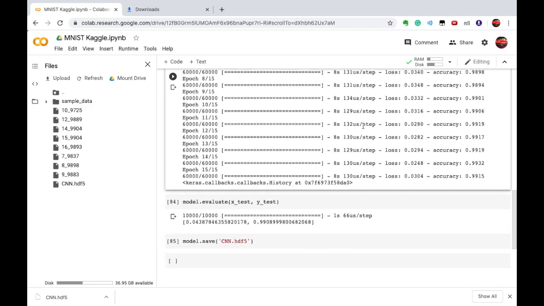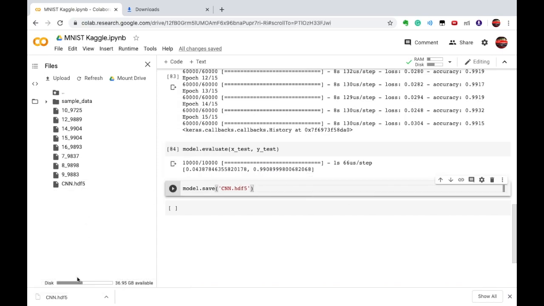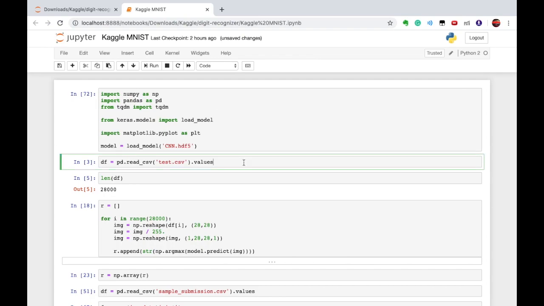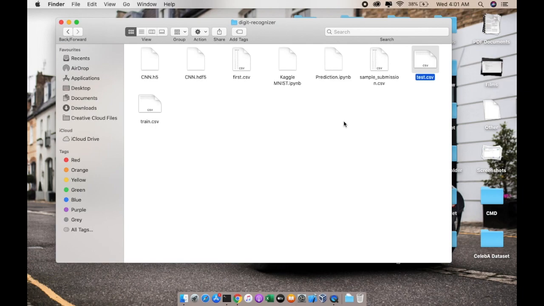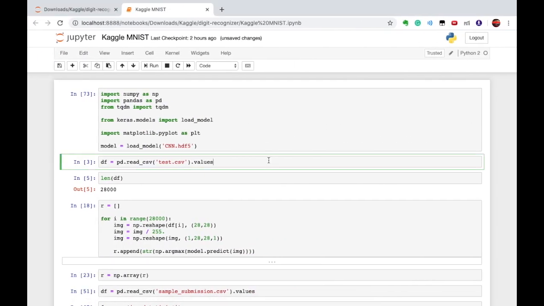After that, execute this, and after testing you will get 99.9808% accuracy. After that, save the model, and download the model in the same way. Paste the model in the same directory, and then execute the command. Yes, it's loaded, and because it is loaded, now it's time to load the test.csv file where we have all the images. For those images I have to find the predictions. So let's load the csv file.